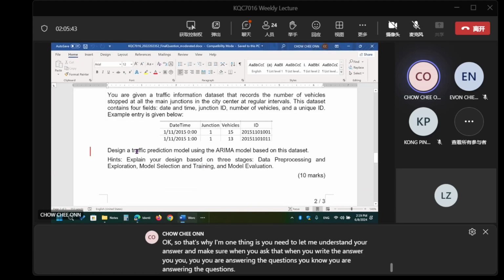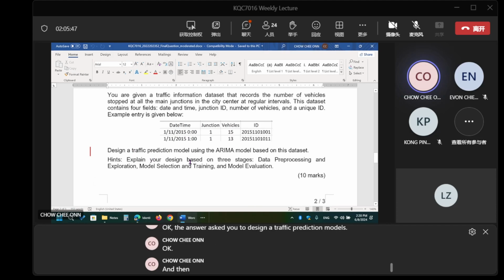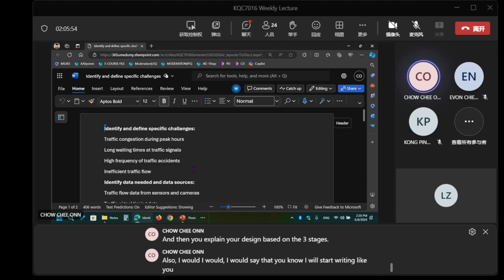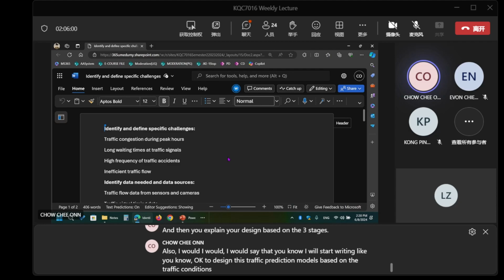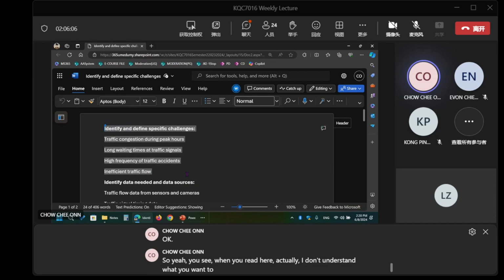The question asks you to design a traffic prediction model, and then you explain your design based on the 3 stages. I would say that I will start writing like, okay, to design these traffic prediction models based on the traffic conditions. Yeah, when you read here, actually, I don't understand what you want to tell me.